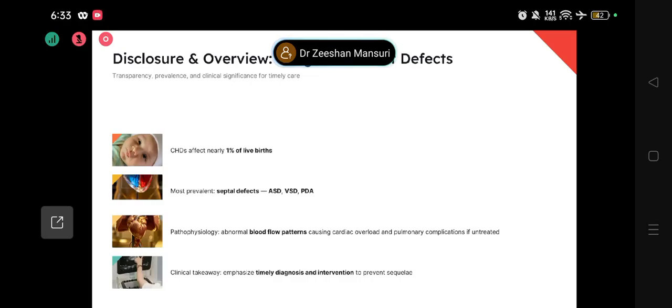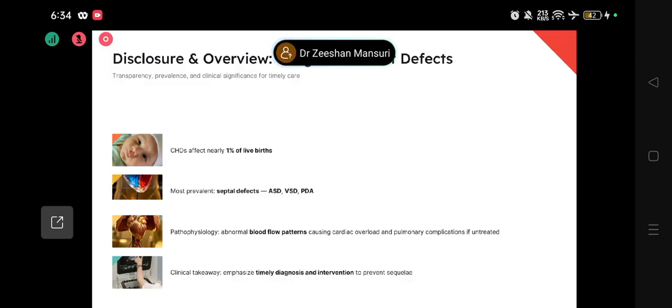Diagnosis, we all know, 1% of all live births, and the most prevalent or most commonly seen are ASD, VSD, and PDA. The pathophysiology is the abnormal blood flow patterns causing the shunting, and shunting of the blood from either the left side to right or the right to left, and there will be the mixture of oxygenated and deoxygenated blood, eventually which may lead to pulmonary hypertension, paradoxical embolization, and cardiac